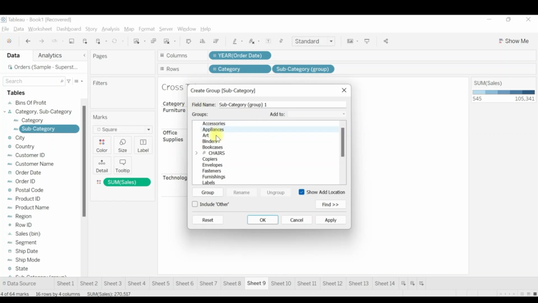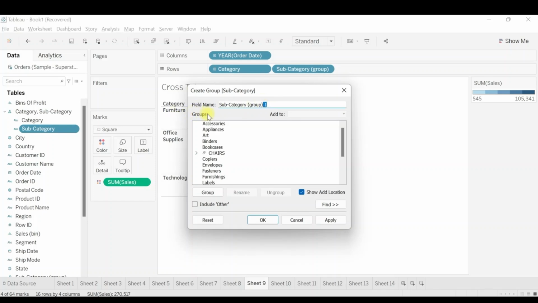Now you can see the entire data set available. Now let's see in this dialog box what all options do we have. The very first is the field name. The field name that is available in the data pane, that is subcategory, and what we are doing is we are creating a group and we are naming it as group 1.